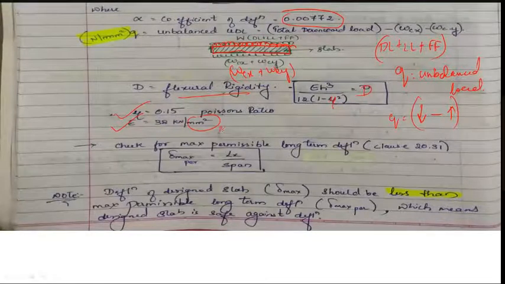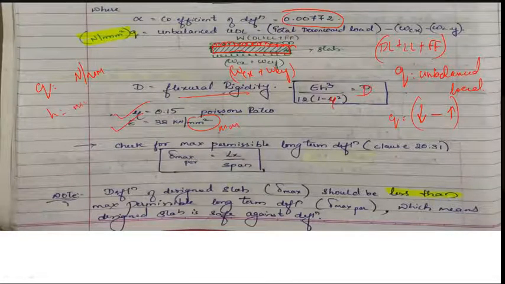Because the deflection will be in terms of mm, take each and every parameter in mm. Q should be in terms of Newton per mm, and H should be in terms of mm. Each and every parameter should be in terms of mm. Next, we have to check the permissible limit. We have Lx upon spacing, so we check whether it is under the permissible limit or not. If it is lesser than the permissible, our slab will be safe against deflection.